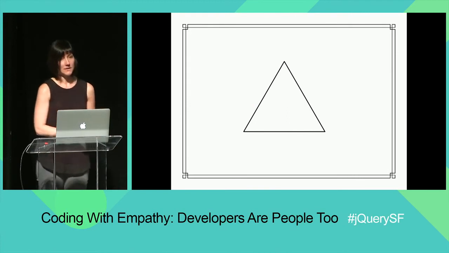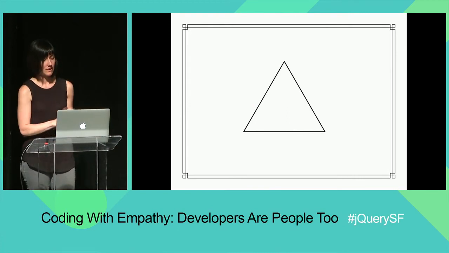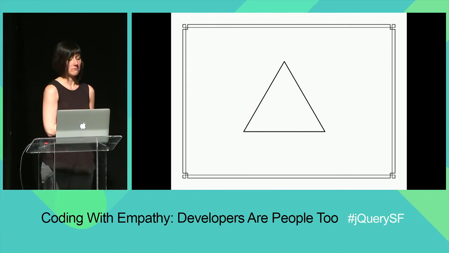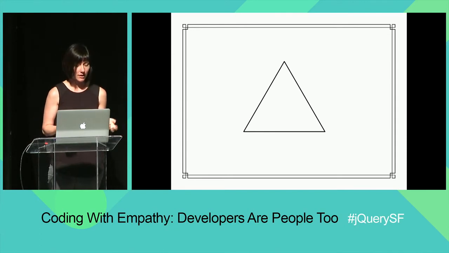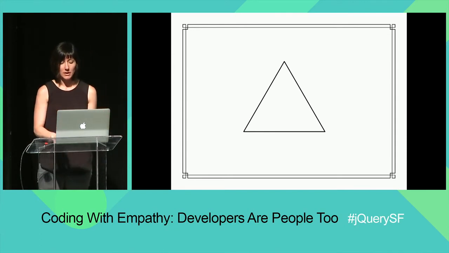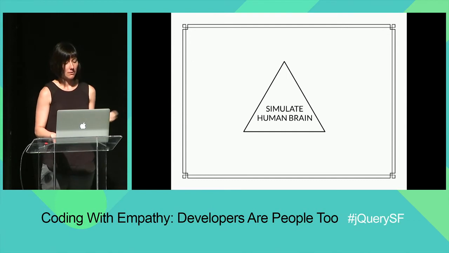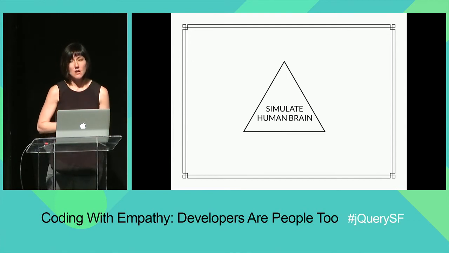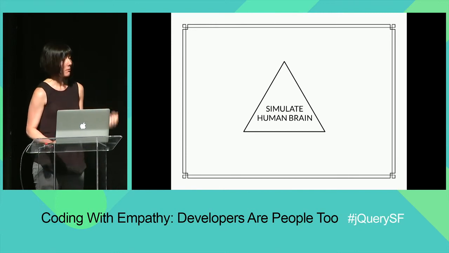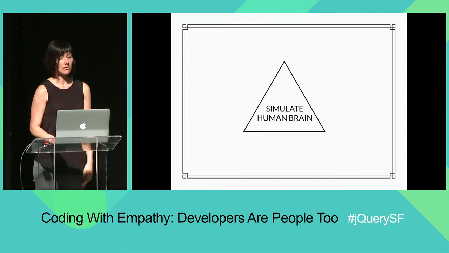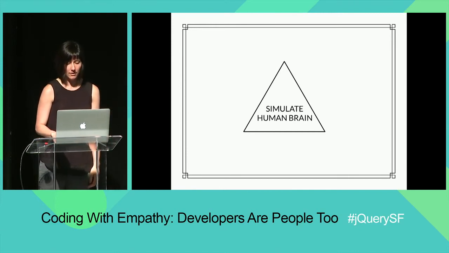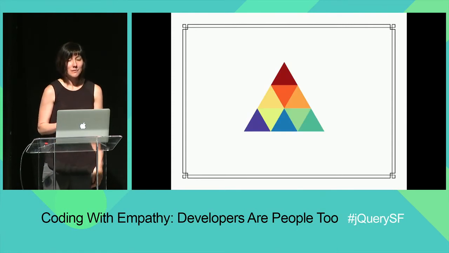So let's imagine one of these big problems. So maybe we think about simulating a human brain, like we mentioned earlier. It's a pretty big problem. So think about that, and we need to put together a team of people to solve this problem. What would the ideal group of people look like? To me, I think it might look something like this.